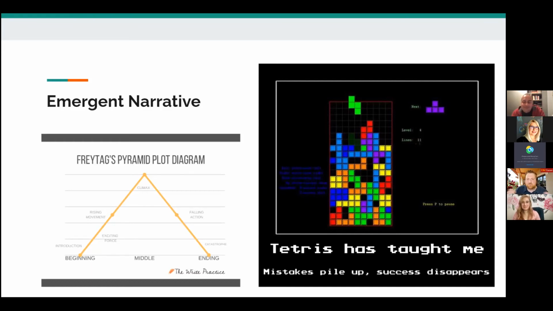And then over time, little mistakes start to pile up, and you have less room to operate in, and it's a little bit harder to maneuver the blocks, and the blocks are moving faster, and so at some point you lose control of the whole thing, and it just spreads out of control to the top, the blocks keep falling, and you lose the game, right?